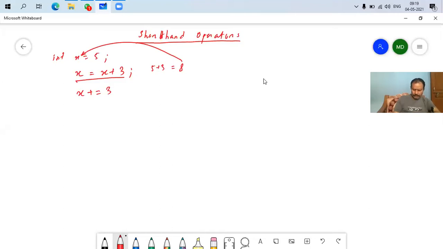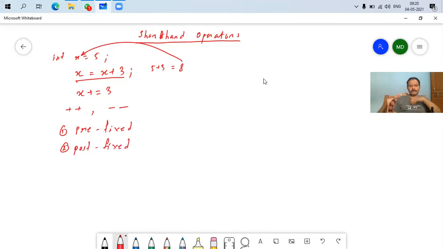Okay, now comes the increment and decrement operator. I think all of you know about increment and decrement operators. When we talk about them, there are two types. The increment operator is plus plus and the decrement operator is minus minus. Either of these two operators consists of two types: one is prefixed and another is postfixed.